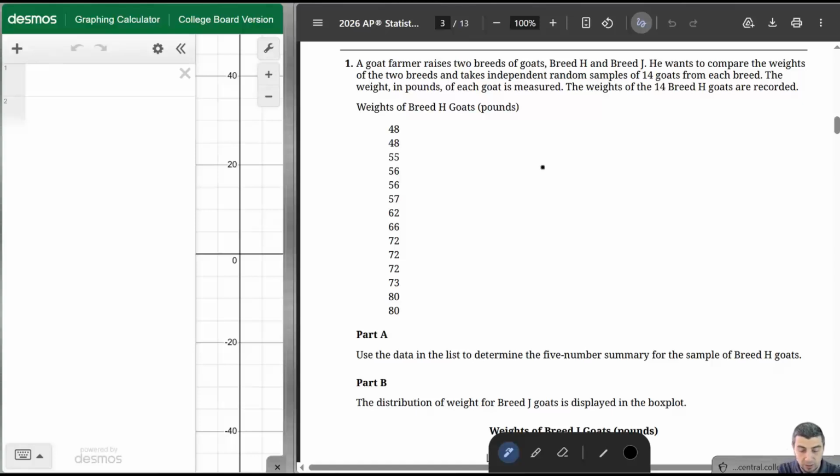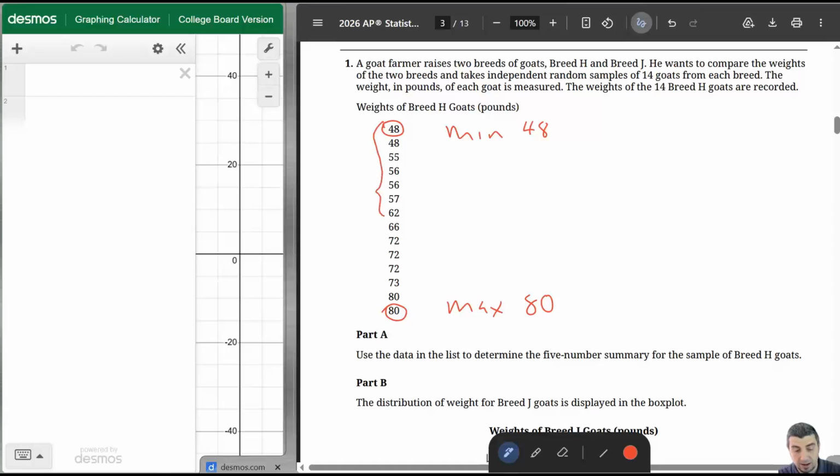So for part A, we need to use the data in the list to determine the 5-number summary for the sample of breed H goats. We know that the min is 48, the max is 80. And then since we have 14, we have to go up to 7 data values and down 7 data values. So the middle value, the median, is the average of the two middle values, 62 and 66, which gives us